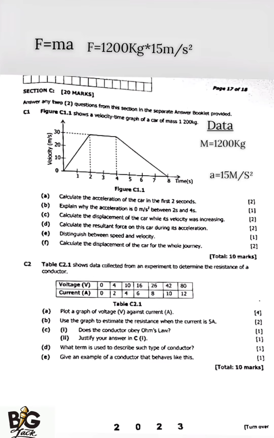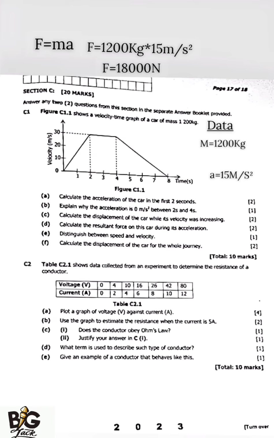Let me multiply: 1200 multiplied by 15 gives 18,000. So our final answer is 18,000 newtons, since we are calculating force, which should be in newtons. Then question E